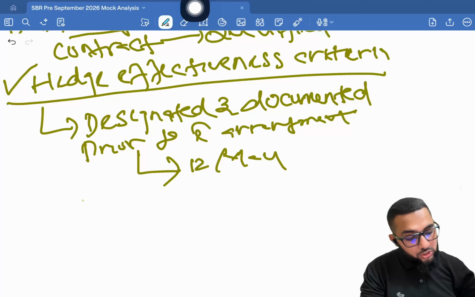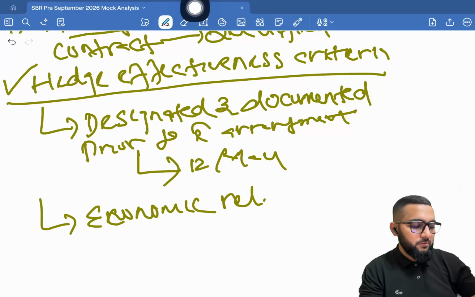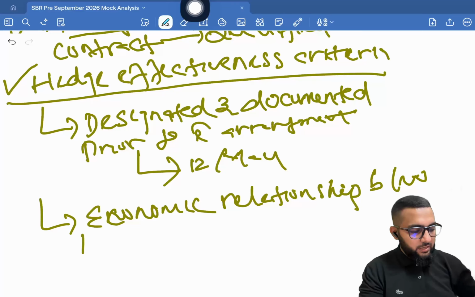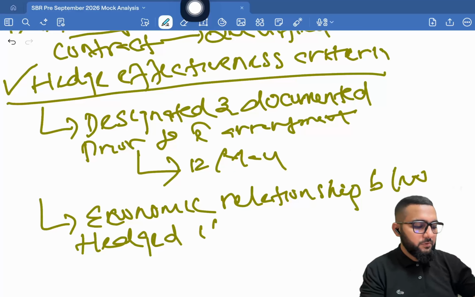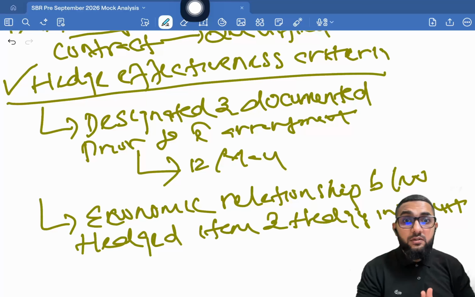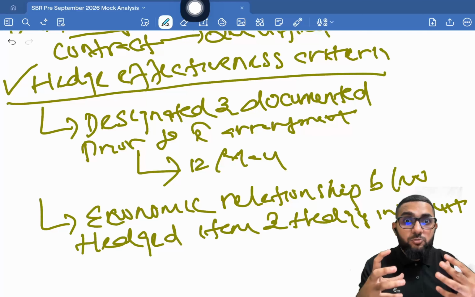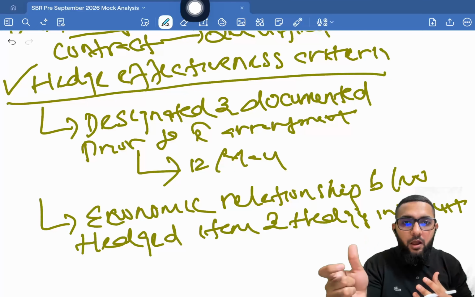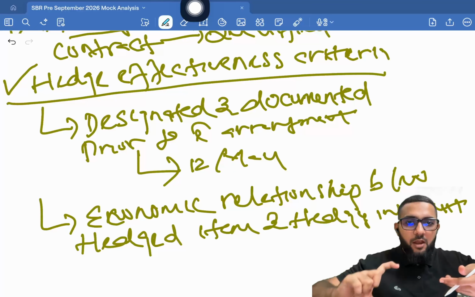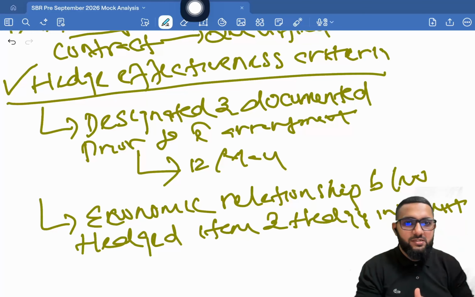right? And then you also have to look at whether there is an economic relationship between hedged item and hedging instrument. Okay, knowledge part. So what are you supposed to do here? You're supposed to look at the relationship between the hedged item and hedging instrument, right? The relationship should be such that when one part gains, the other part loses. When one part loses, the other part gains. That's how you're going to make it a zero risk,